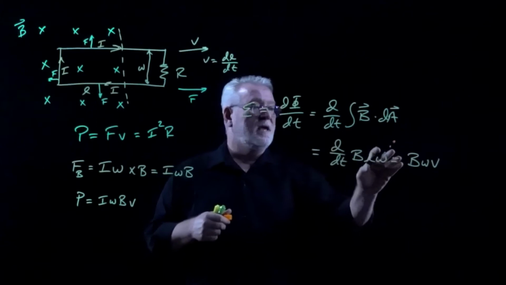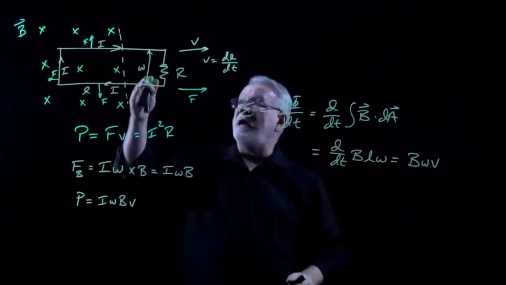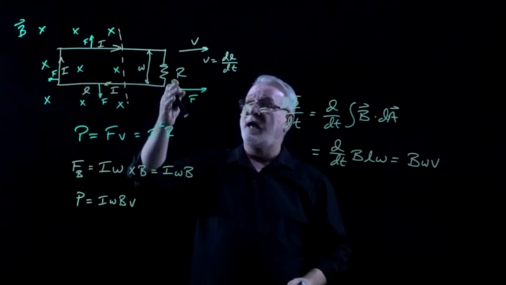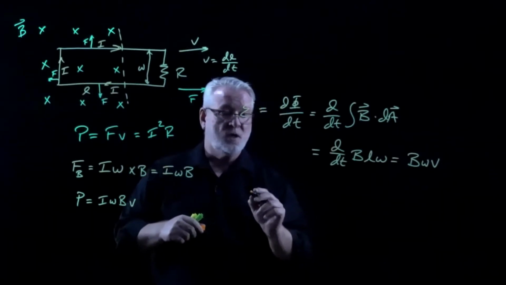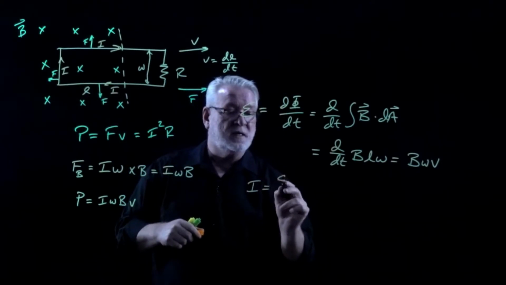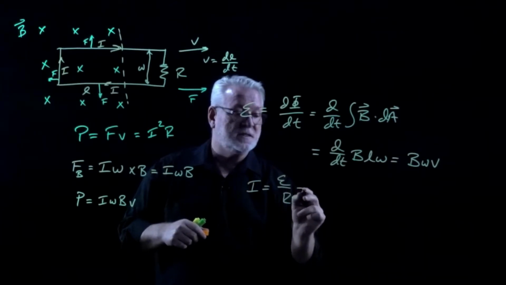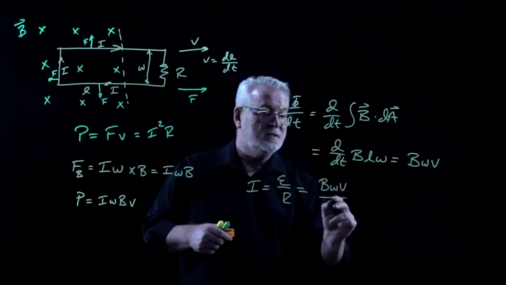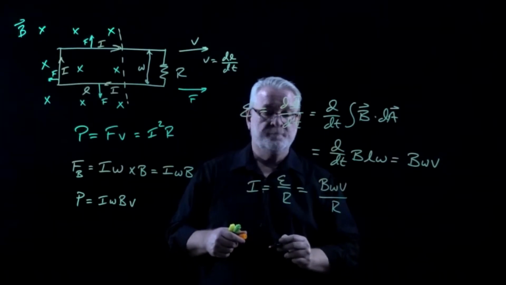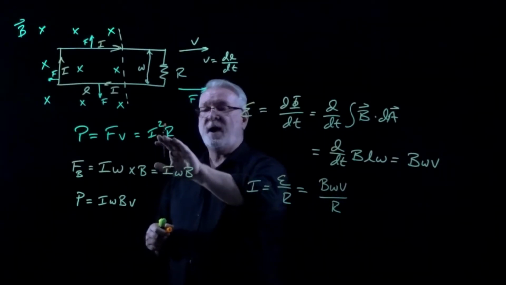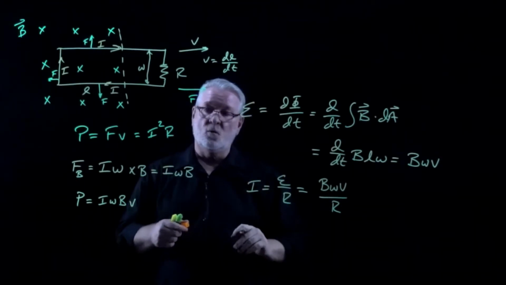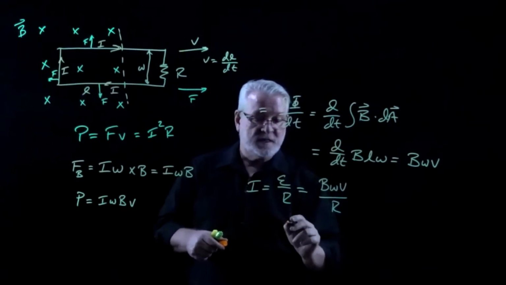So that's the EMF, and of course the EMF acts like the voltage in this loop. That voltage equals I times R, the current times the resistance. So I is equal to the EMF divided by the resistance, and that's going to be equal to BWV divided by the resistance. And now in order to calculate the power from the current, I've got to square that and then multiply it by R. And of course, I squared times R